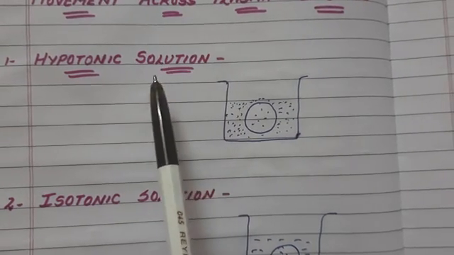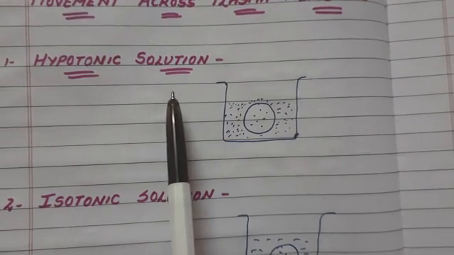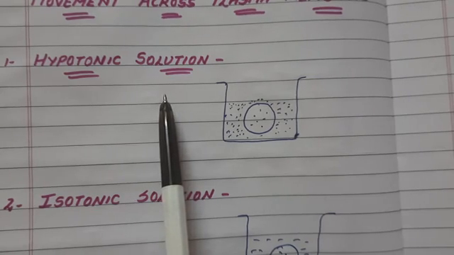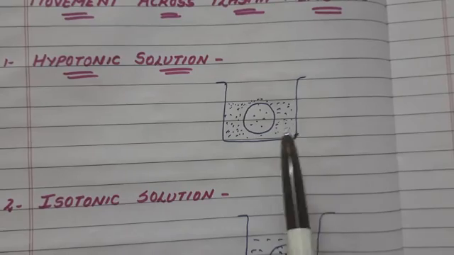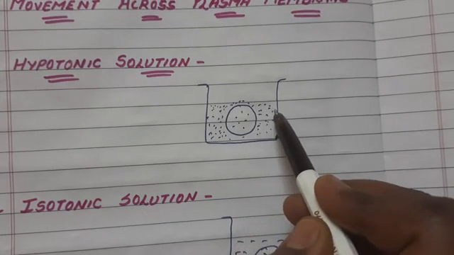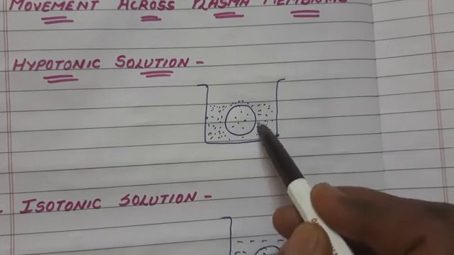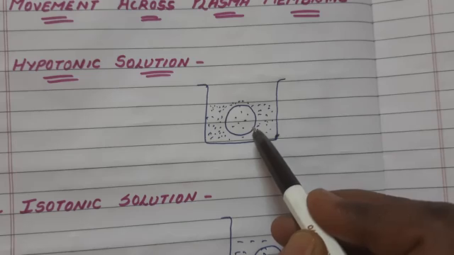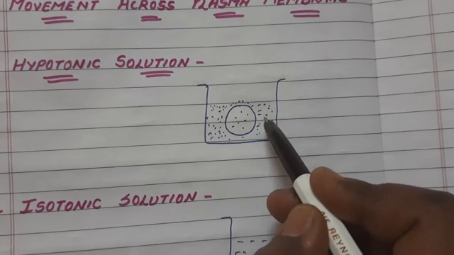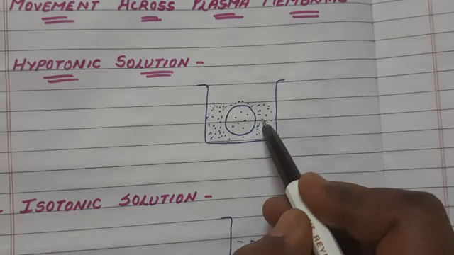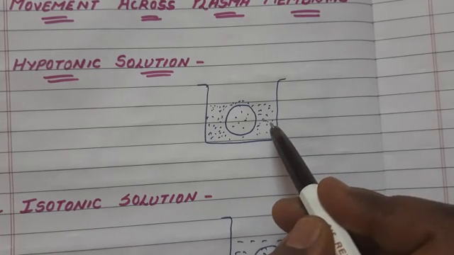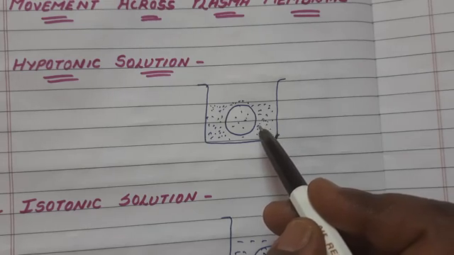Okay, now first of all, if we take a hypotonic solution. Now what is a hypotonic solution? A hypotonic solution means that the medium surrounding the cell, see, I have taken a tumbler here. This is a tumbler full of water and this is a cell, any cell you have taken. What will happen if the medium surrounding the cell has a higher water concentration than the cell, that means it has got more water? So what will happen? The cell will gain water by the process of osmosis.